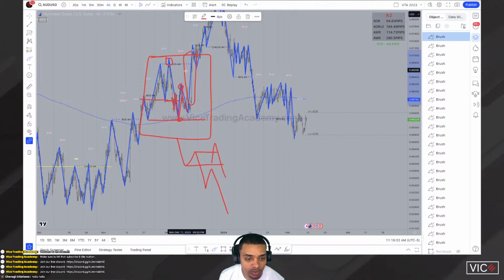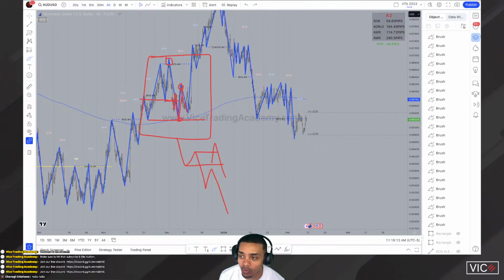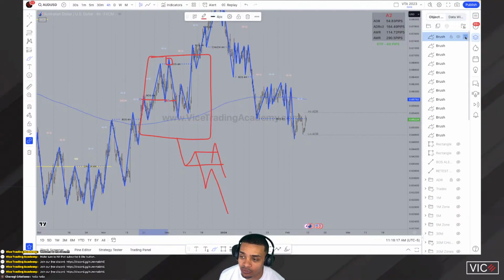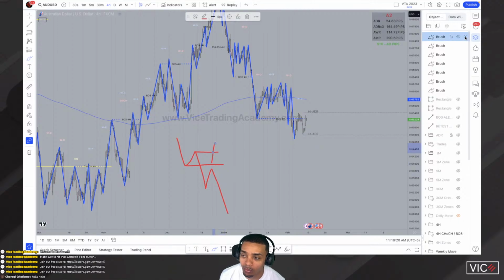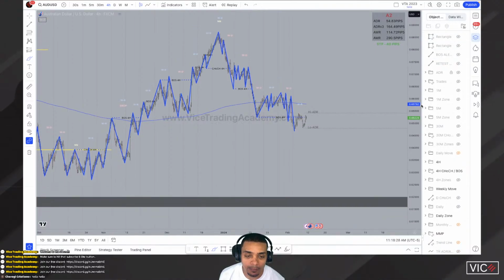So just notice what they're doing, right? We got a change of character, lower high. We're gonna go for the lower low. Nope, we take you out, right? Because we don't understand market structure. We don't really understand what a true change of character is. We don't understand what the key zones or key levels are, where price needs to move from before it could continue or break. If you don't understand those key things,